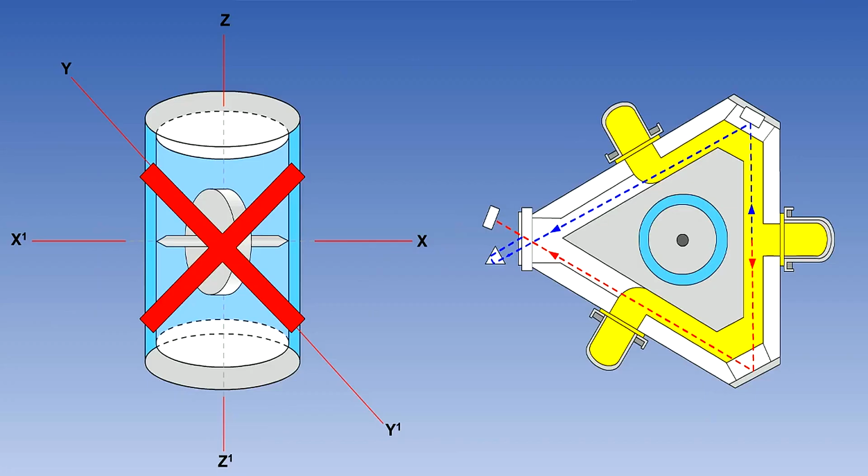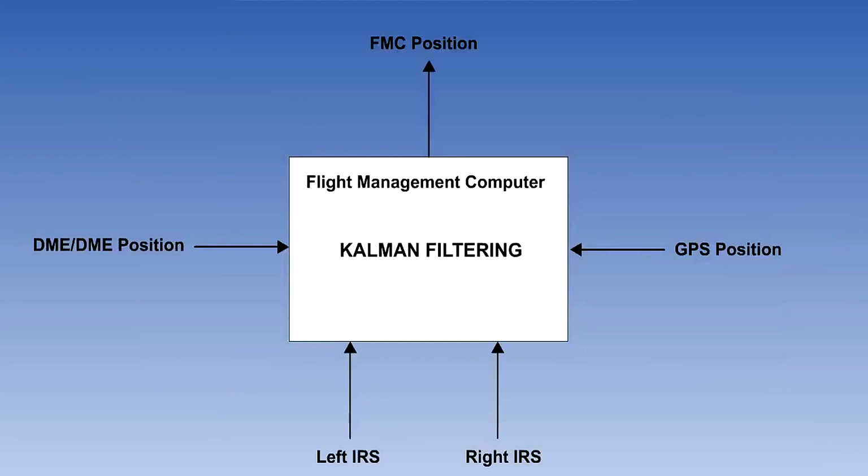However, from the 90s onwards, two developments occurred. One was the introduction of the ring laser gyro to replace the old tuned rotor gyros. Systems using these new gyros were usually called inertial reference systems. We shall cover the ring laser gyro and the IRS in more detail in the next lessons.